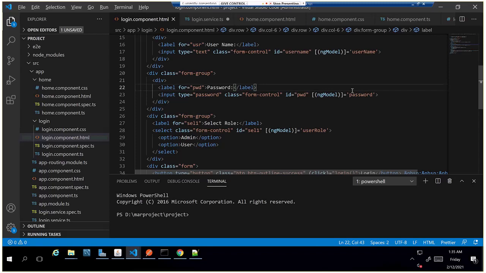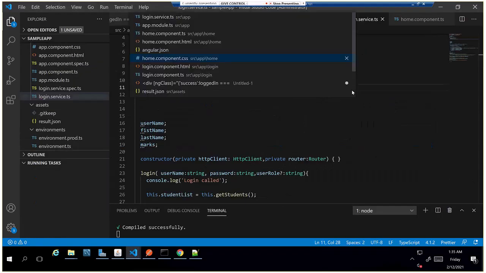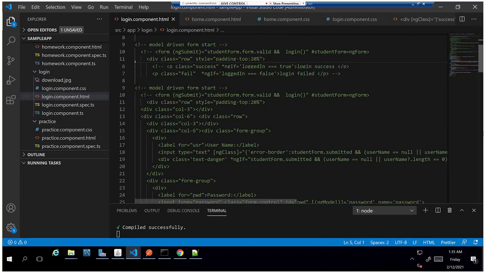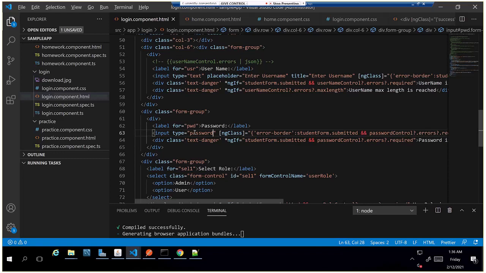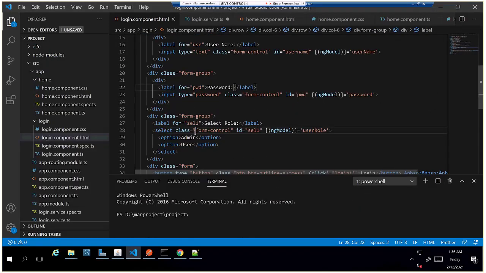Sorry, when I pressed Alt tab, it came automatically. You're changing it in the other class. I think you didn't mention type password in this class. This one was supposed to be it. Yeah, this one. I have modified it. Type password. Yep, that's right.